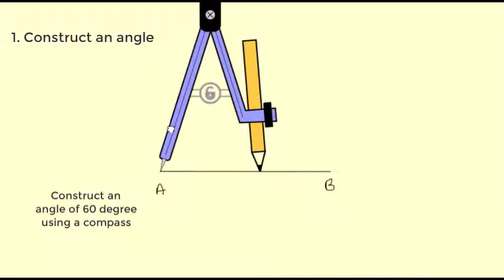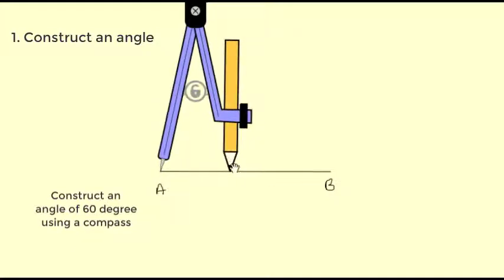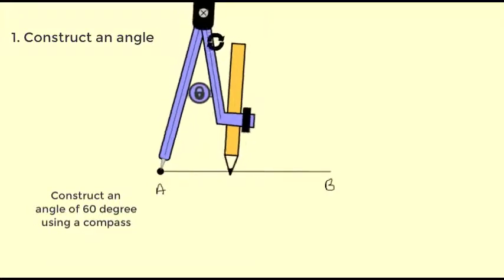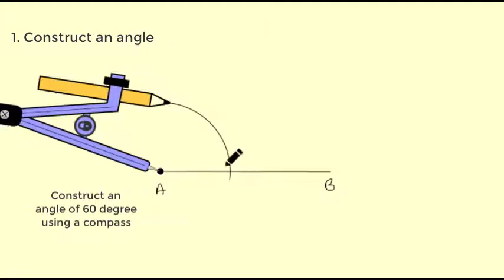Now let's call our compass. You position the metal end of this compass at point A, where you want to construct your angle, and open up the compass to any radius. There is no specific recommendation that it should be 1 centimeter or 2 centimeters long. You can open it up to any length. Then create an arc so that it intersects with the line segment AB, and drag this arc long enough so that the position of the 60 degree angle is covered